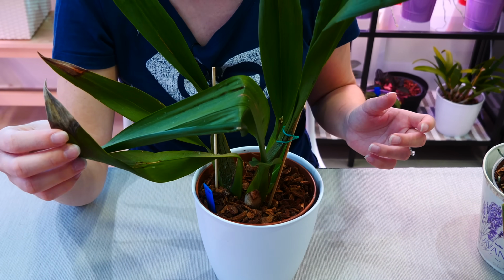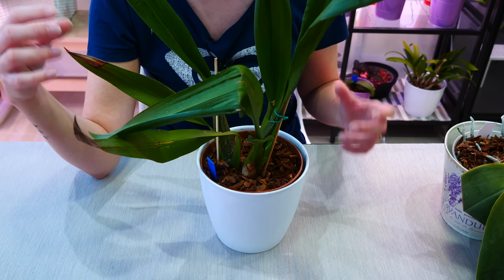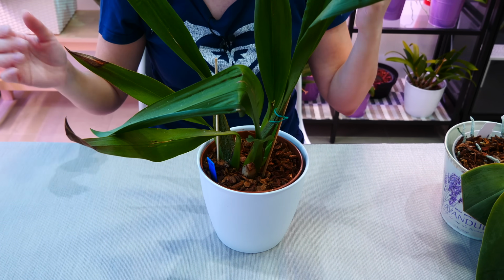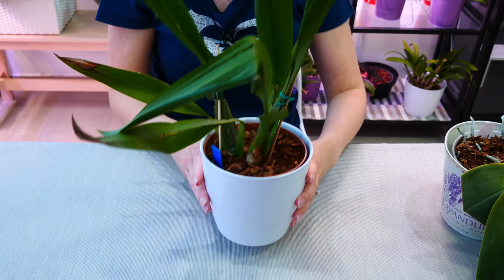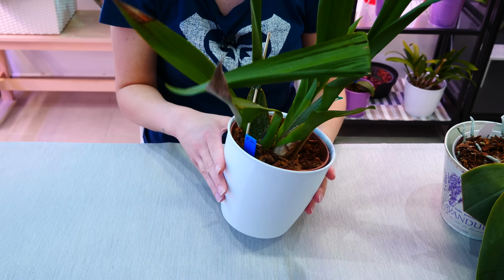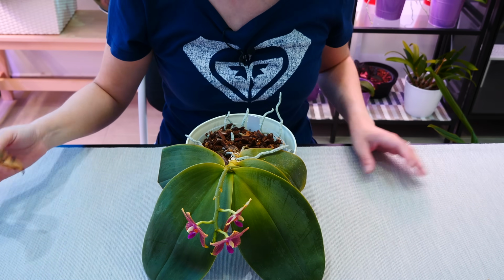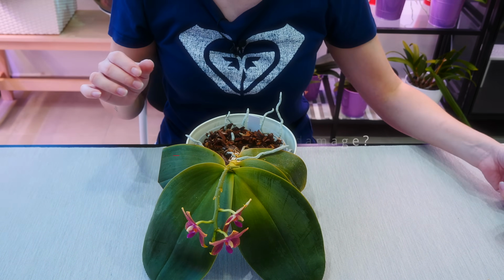And I just don't want to open a door for pathogens when there is no real need to other than aesthetics. Depends. Sometimes I do it, sometimes I don't, but there's no intervention needed here unless you just really don't like the look. So now that we know why we need to intervene, let's talk about how we prevent